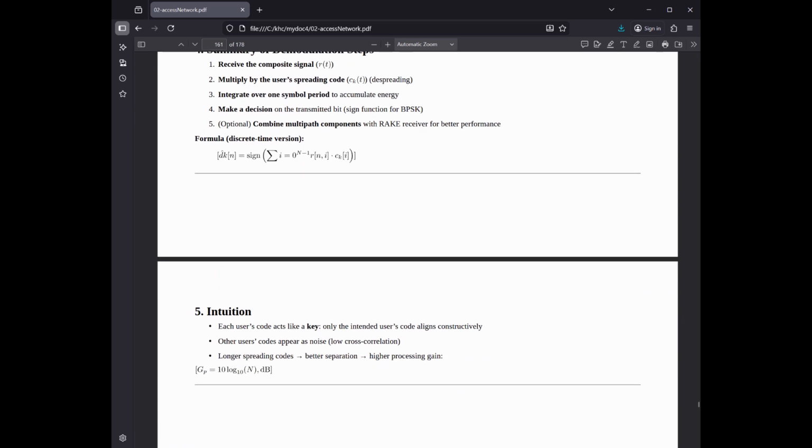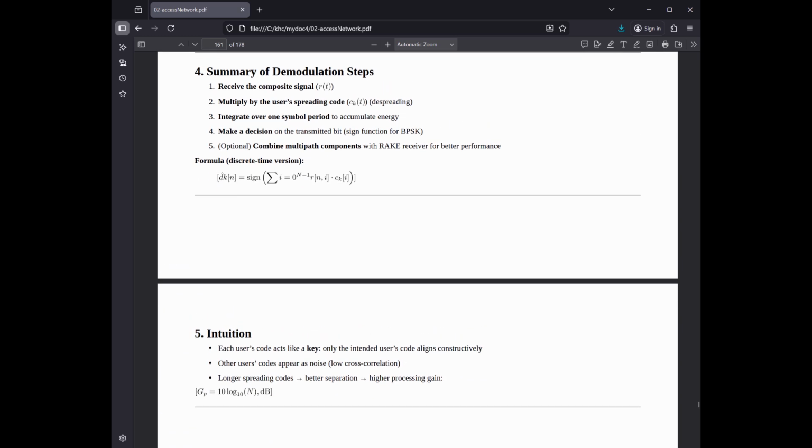The magic of CDMA is expressed by the processing gain. By spreading the signal, we make it wider but shorter, with lower power density. During demodulation, we squeeze the signal back into its narrow shape, which pops the desired data up above the noise floor by a factor of